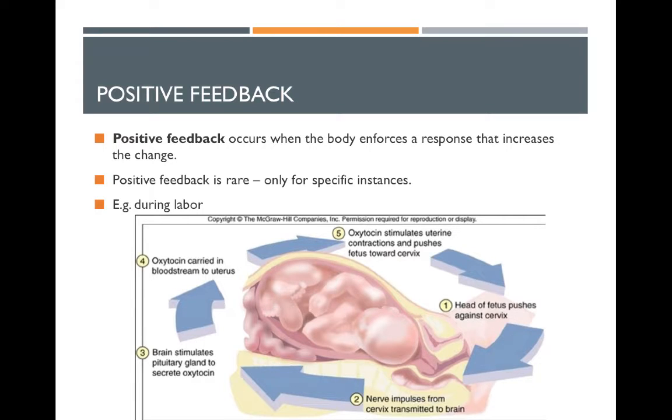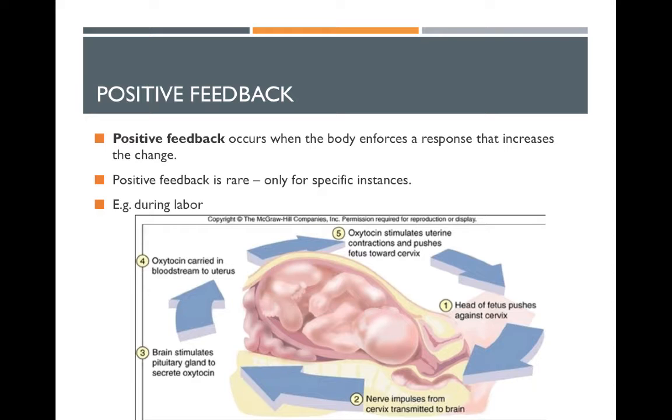So the first type of feedback that we're going to look at is positive feedback, and it's actually quite rare in our bodies. It doesn't happen on a daily basis. It's only in more extreme circumstances that we get positive feedback, and that occurs when the body actually enforces the response. So it keeps that change going rather than adjusting for it and returning the body to its stable state. And a good example of that is during labour. So you can see in this diagram,